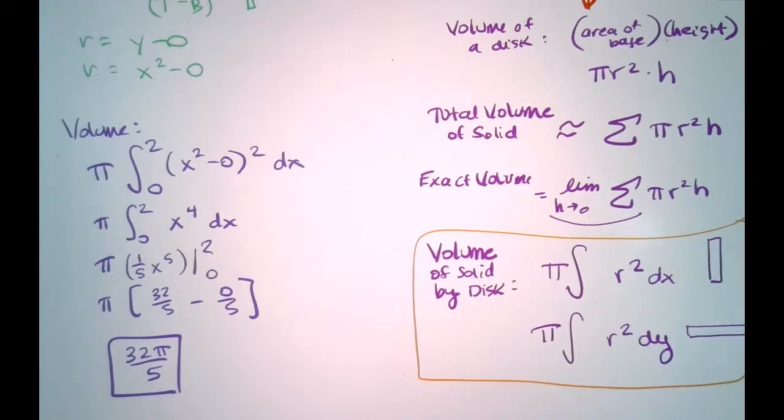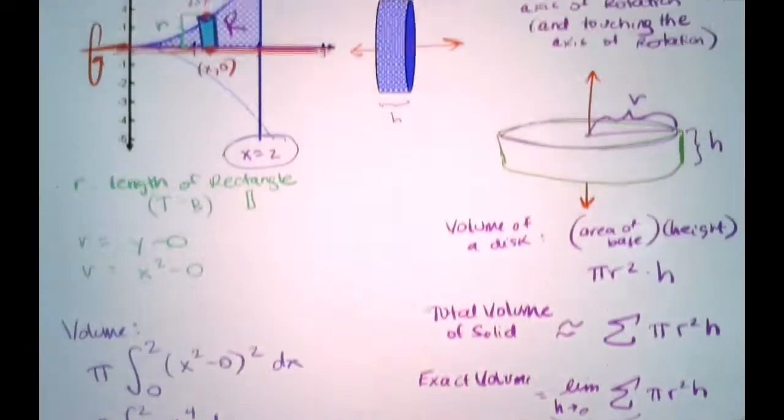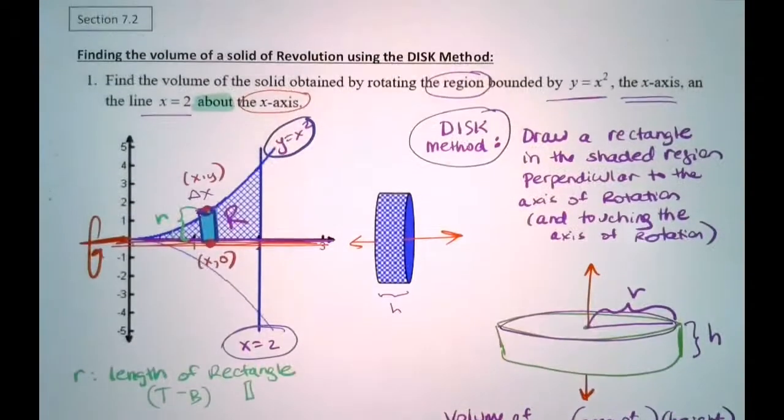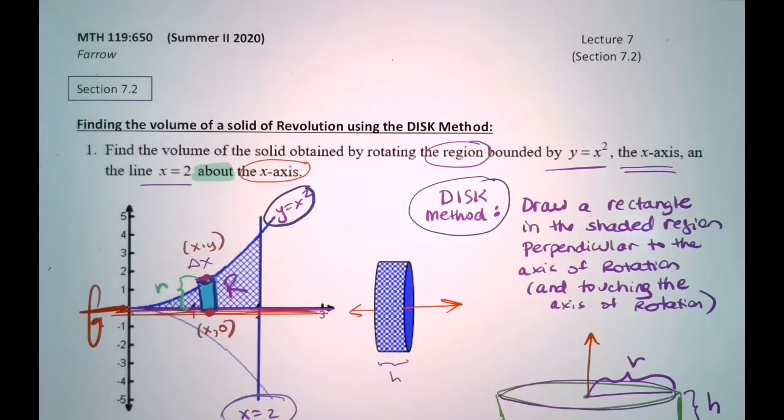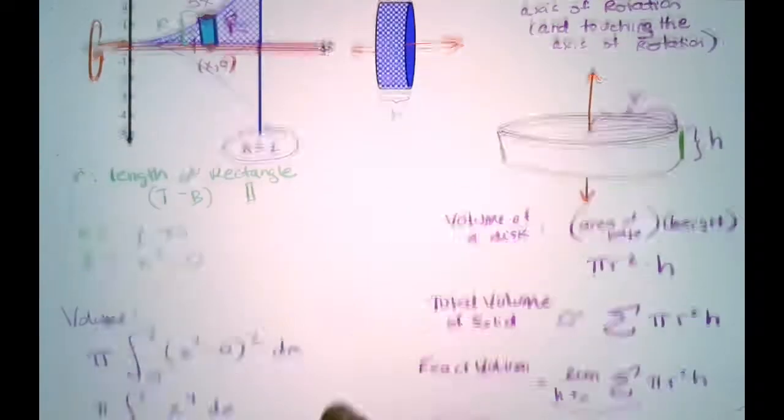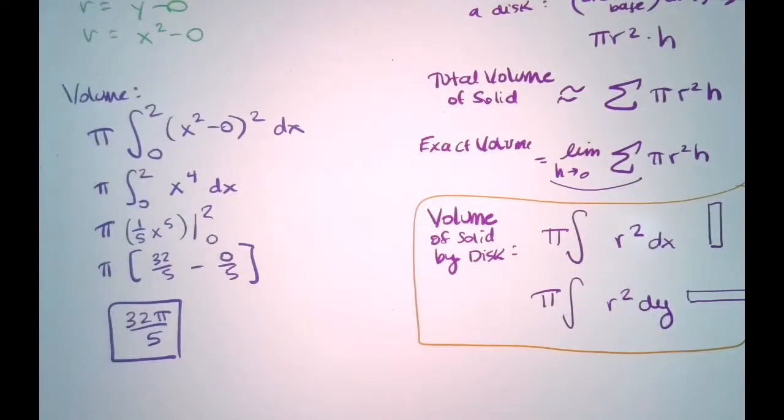All right, so we'll go through a couple more examples. And again, you don't have to prove the formula. I just wanted to show it to you. So when you do an actual problem, you're just going to write down everything I have on the left, right? You're going to do your shaded region. You're going to identify the disk method and then walk through setting up that integral, and then you evaluate that definite integral. Okay. So let's go to our next example,